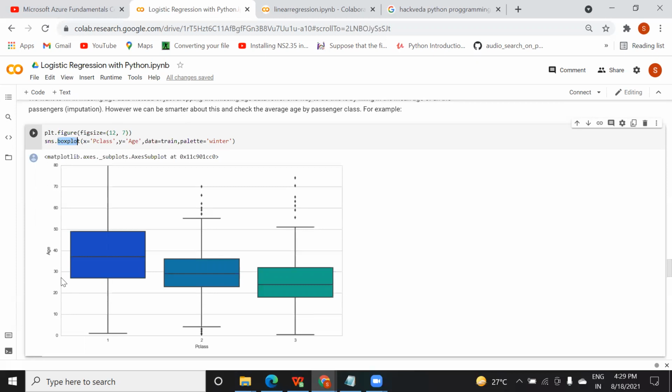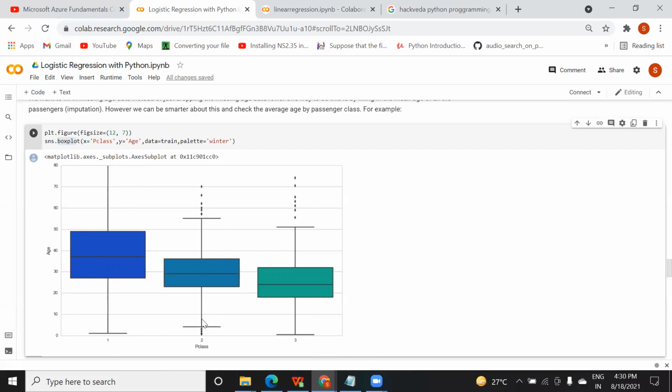This is around 27 you can consider, and this is 49. So in this class 1 most of the passengers are of this age. This box plot is used to tell you the range of the data. Okay, and here this sign is not appearing. Most of the data appear in this range, but the data start from here till